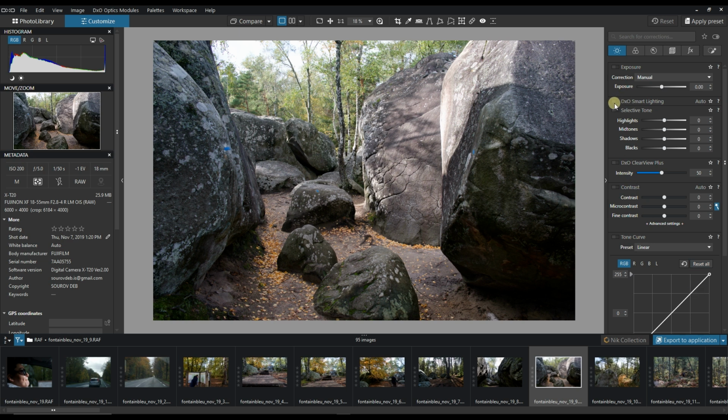With Smart Lighting, just by turning it on, you immediately recover the shadow as it should be and recover the highlight all at the same time without making it look too strange. So it's just about right. Not too much, not too little. Take a look at the histogram. I'm going to turn it off and on. It gives you a nice bump, but it's not an exposure change, mind you, because you could brighten the exposure